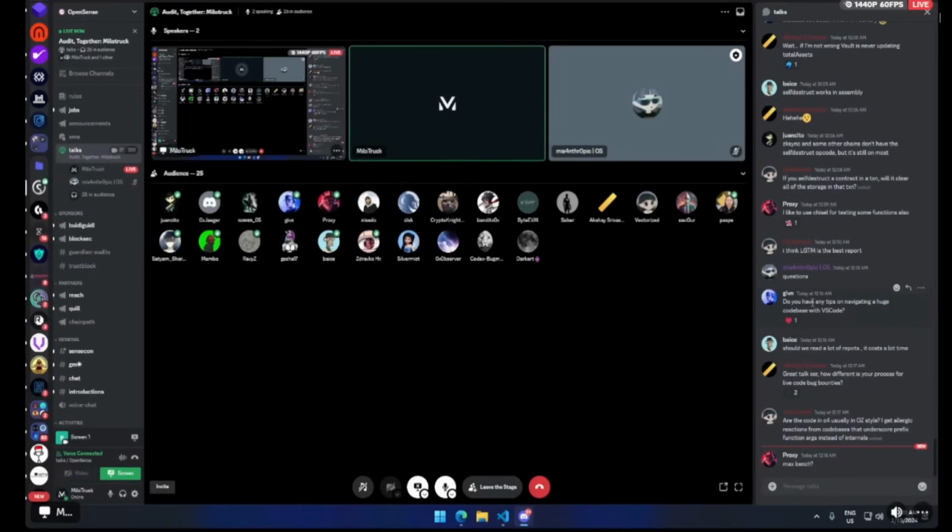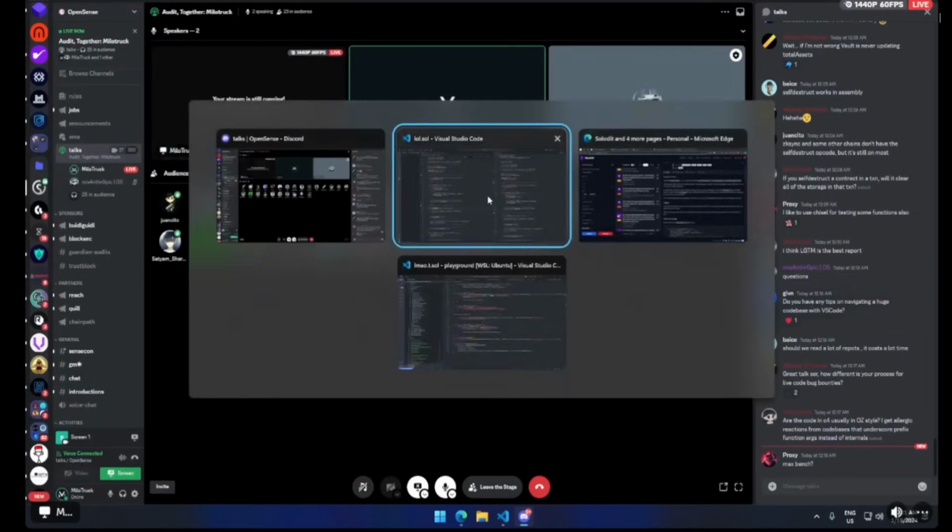Okay, something that some people do is they mark their files after they have finished auditing them. I think Tincho does this, if I'm not wrong. He has a table, or like an Obsidian, not Obsidian, I forgot what it's called, but he has a Notion page with all the files that he needs to audit, and after he audits them, he marks them as reviewed. So I guess this is one way to organize your workflow. Yeah, but other than that, I guess it's just